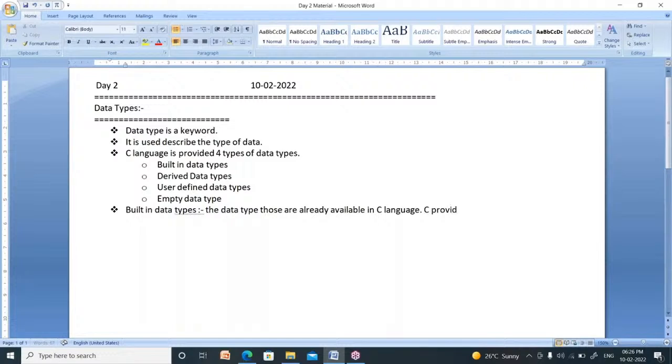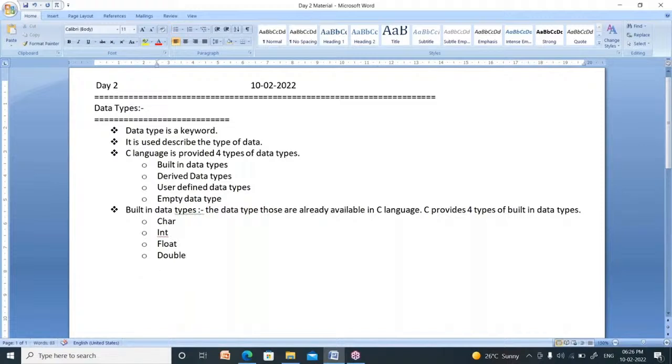C provides 4 types of built-in data types: char, int, float, and double. These 4 data types are available in C language.